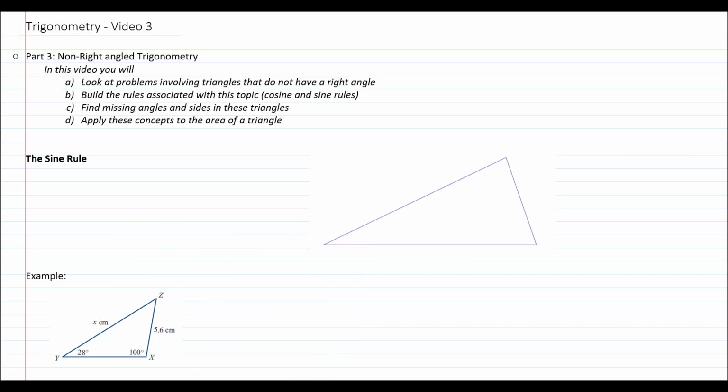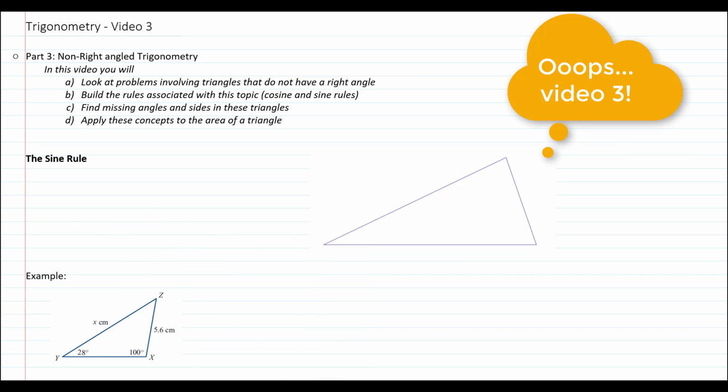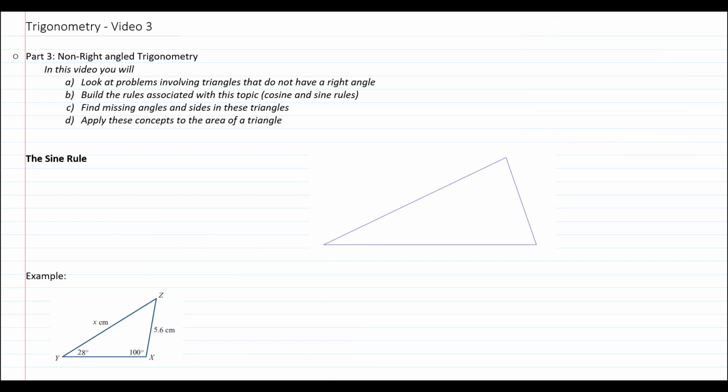Welcome to Trigonometry video 2. In this video we're going to explore non-right angled trigonometry. We'll look at problems involving triangles that do not have right angles. We'll build the rules associated with this topic, so the cosine and the sine rules, and we'll also find some missing angles and sides in triangles and apply the concepts to the area of a triangle, looking at some application